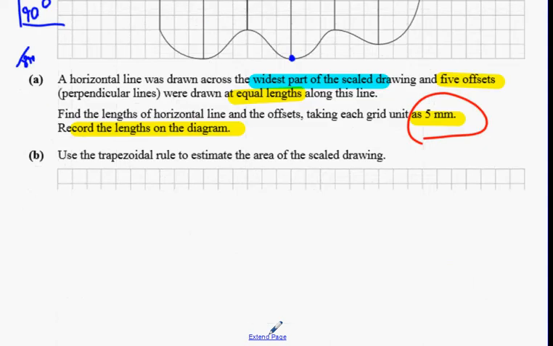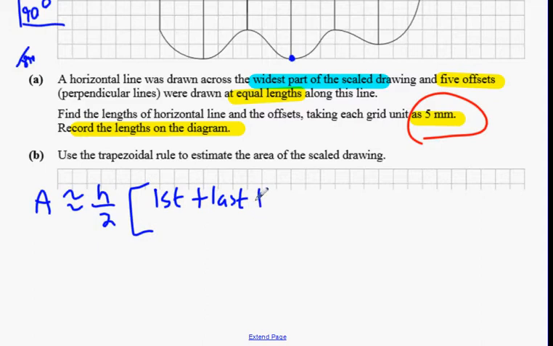Use the trapezoidal rule in your notes, but what's the problem with it in your notes? Anybody tell me? It's written, okay? H over 2 brackets first plus last, 2 times remaining, or 2 times rest. What do equal signs do? Approximately equal. Exactly. Okay? Ish. Now,